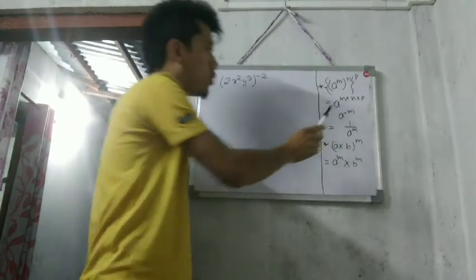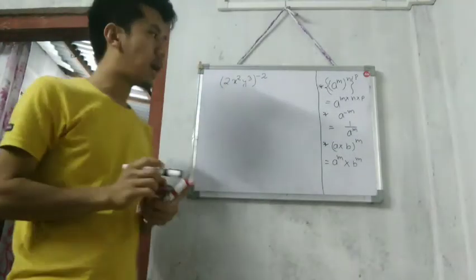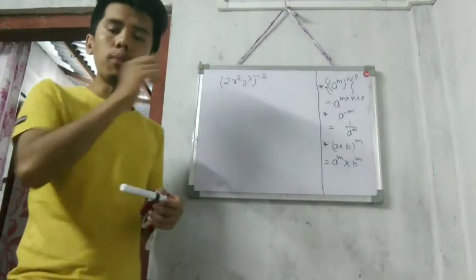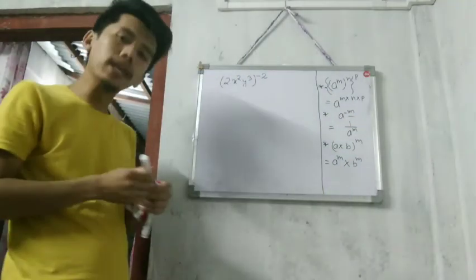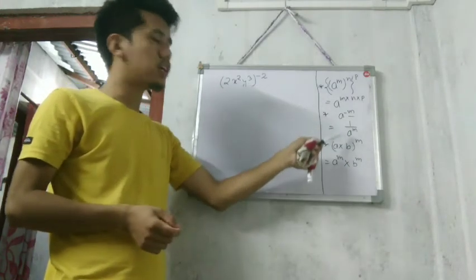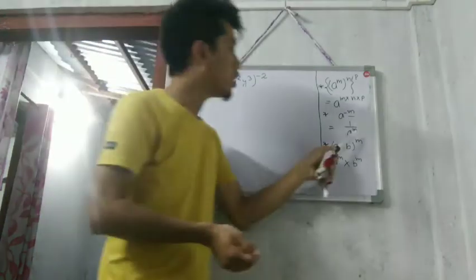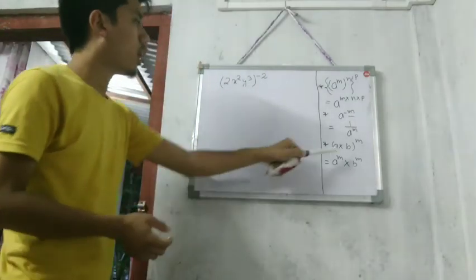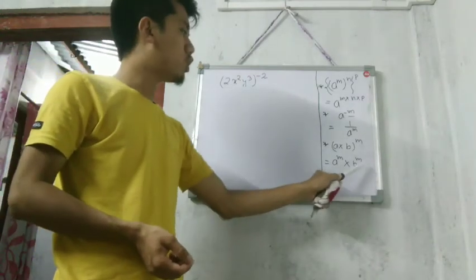And the next formula is a to the power minus m. It will be 1 by a to the power m. Whenever we have a negative power, the formula is 1 by that very base. As we see here, the power is minus m. Because of the minus, we write 1 by the base, and now this minus m becomes plus m. Okay, I have explained this earlier in the very first video. And this is the formula: (a into b) whole to the power m is equal to a to the power m into b to the power m.